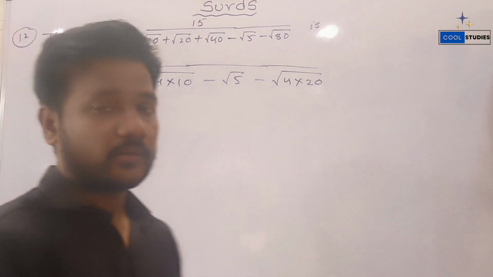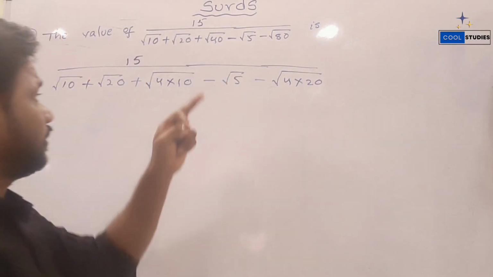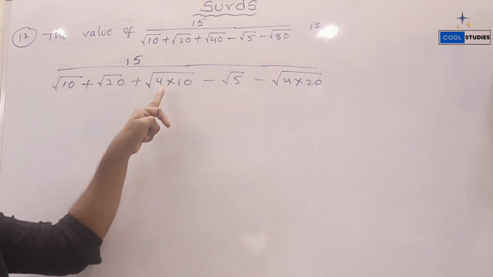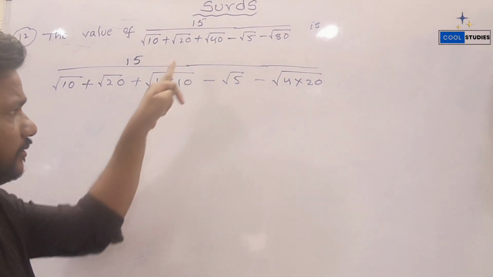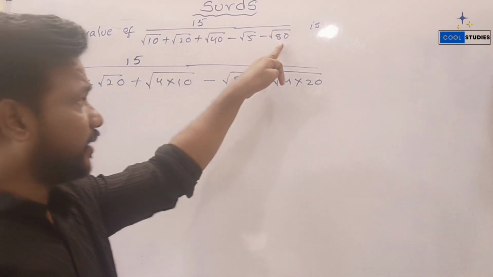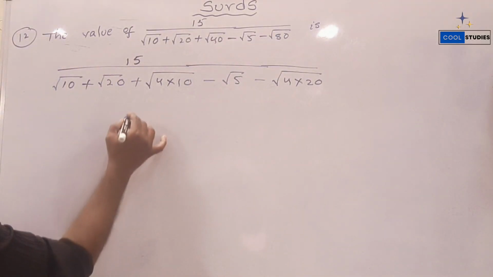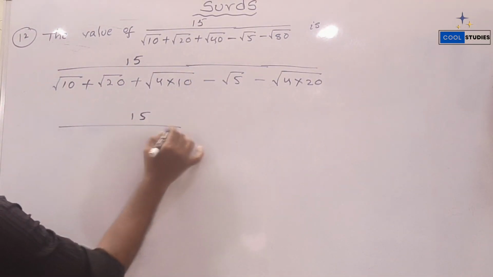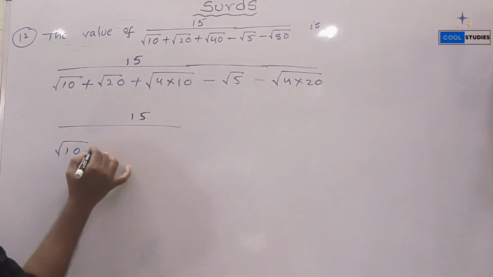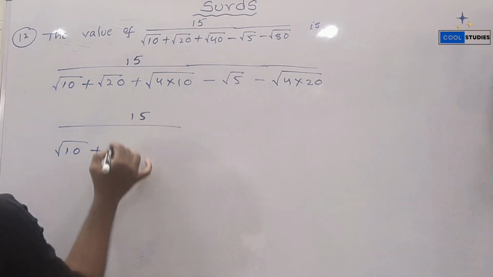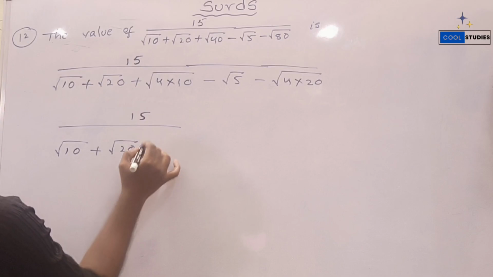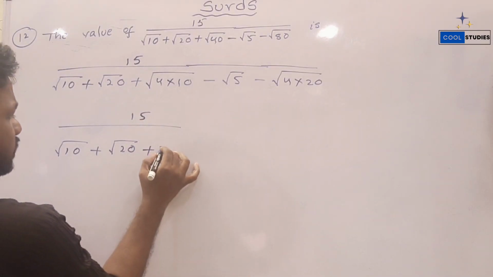We just changed that. Instead of root 40 I am writing 4 into 10, and in place of 80, 4 into 20. Now 15 by root 10 plus root 20 plus root 4, whose value is 2,